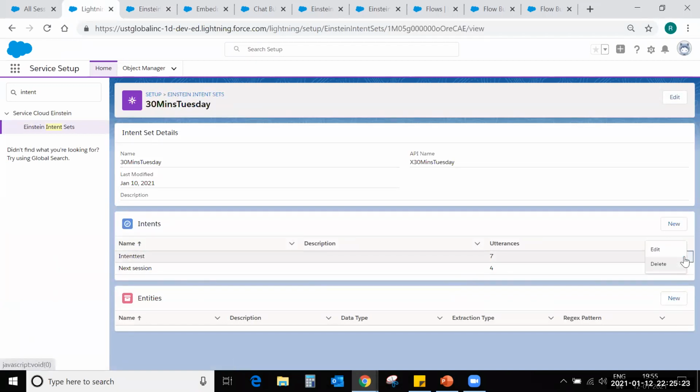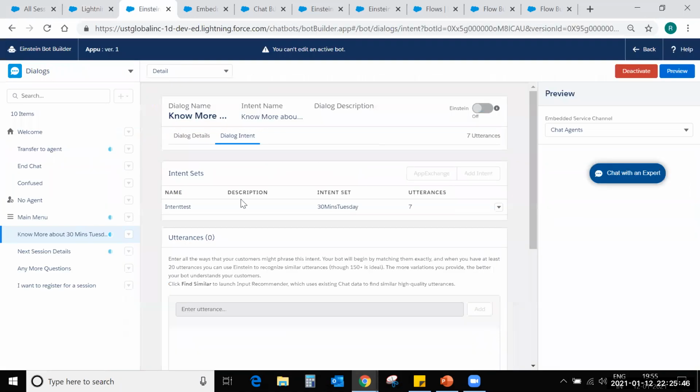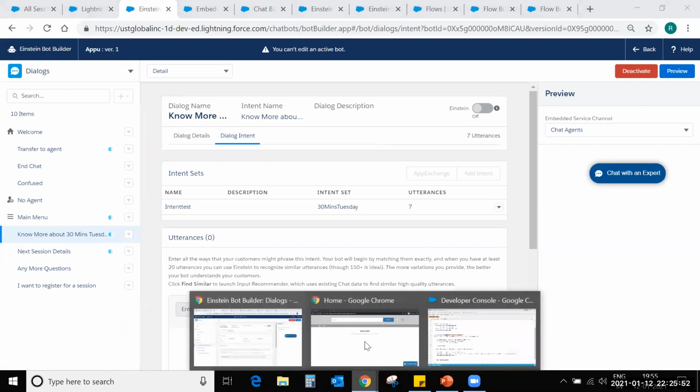This is the intent that I have added. If you see this intent, you can see all the possible questions, or all the possible inputs, that I have added here. You can add many more. I just added some random inputs. So if the customer is typing this exactly, that will directly get routed to this particular dialogue. So this is know more about 30 minutes Tuesdays. Let's just see.